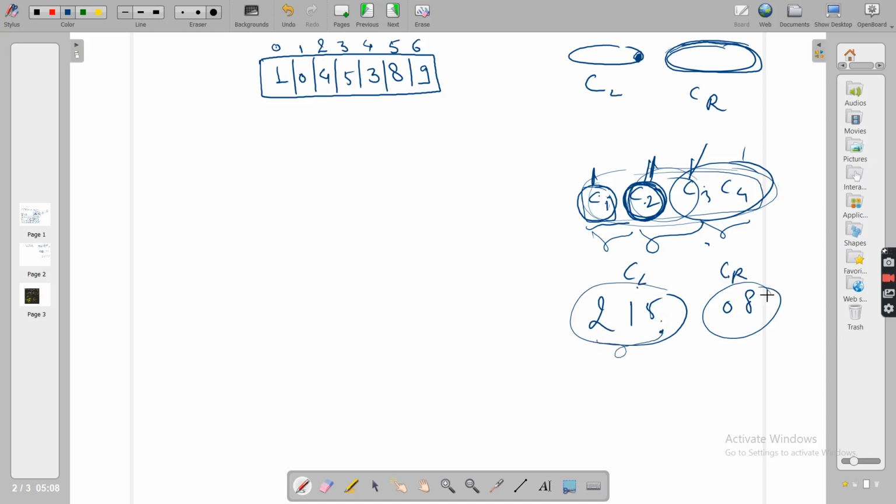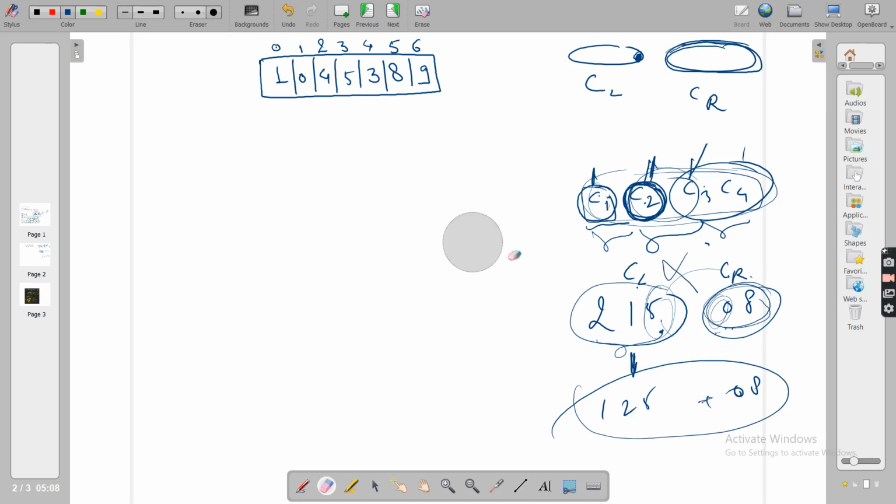Is it lesser than or equal to all the values of C2 or CR, this next chunk? 5 is the maximum, but is it lesser than all the values? No. From 8 it is lesser, but from 0 it is not. So if you keep it and sort it individually, do you see this sorted? No, it is not sorted. Obviously it is not. So this cannot be the correct way.